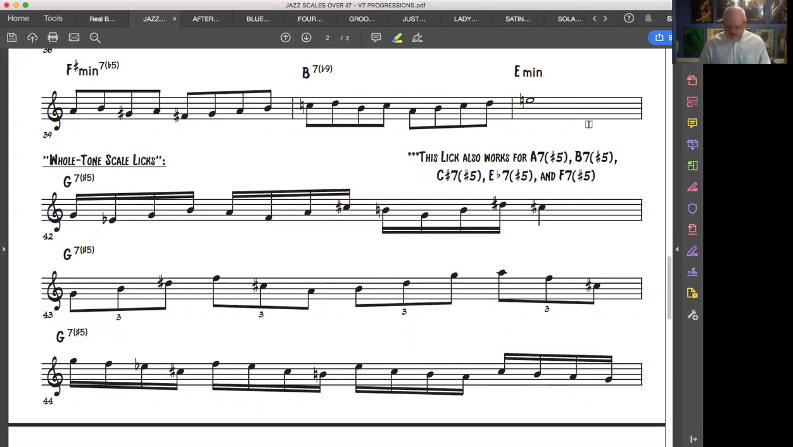It can go on the C diminished chord, the E flat diminished chord, or the F sharp diminished chord. Right? So it keeps going. Right? So when we're using that,